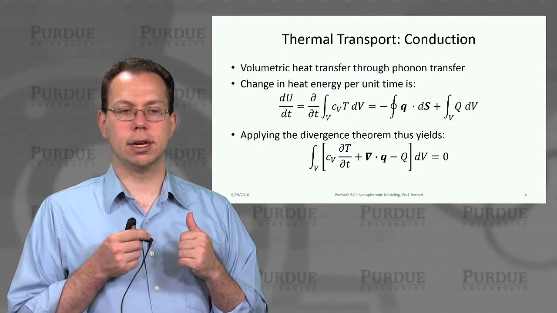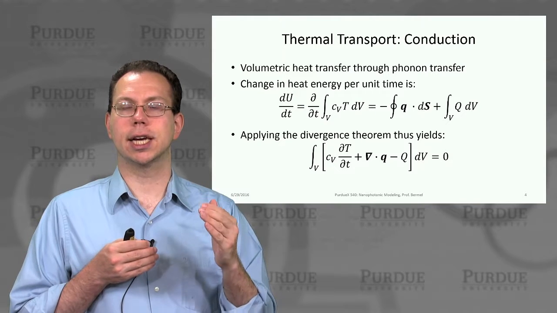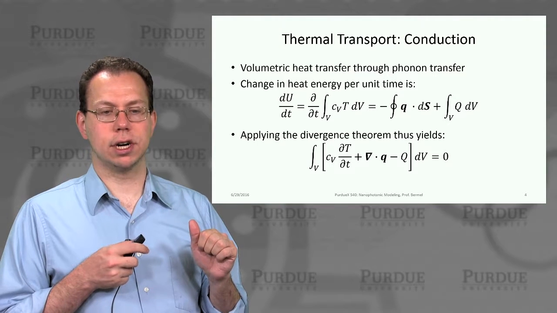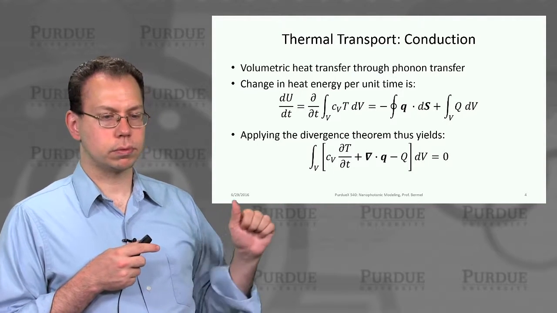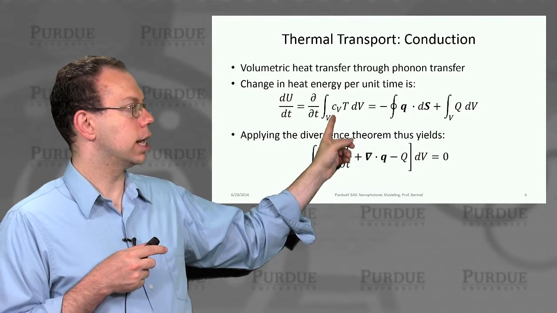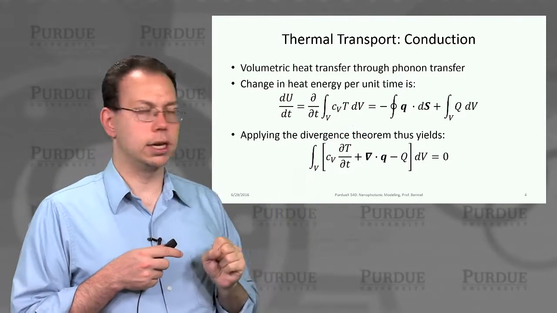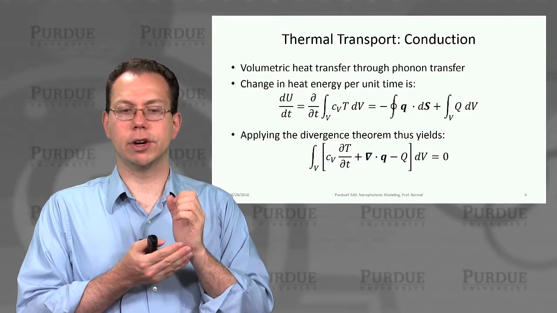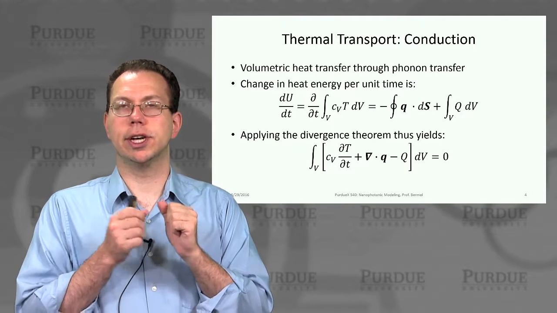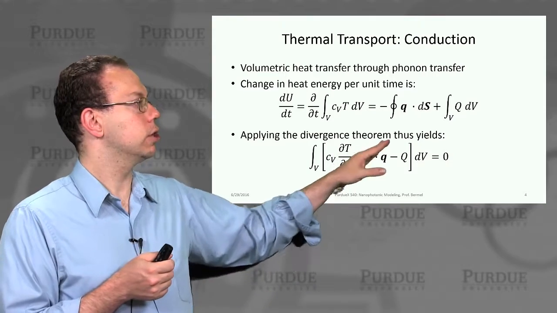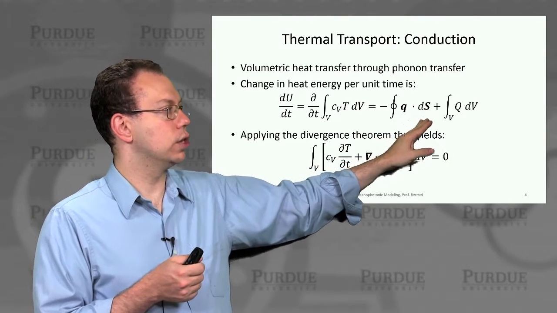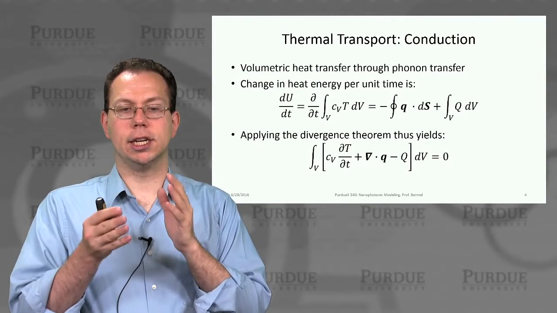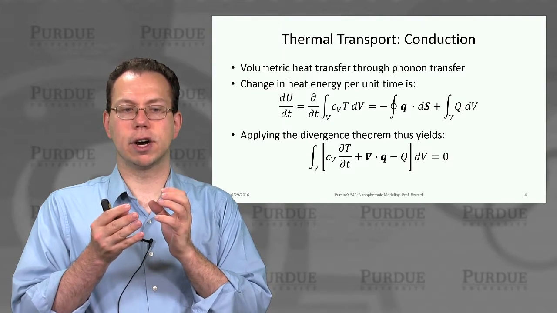Now, going on to conduction, which is a little more complicated, which is, like I said, touching a hot stove. Basically, what happens is you have two heat transfer terms here. You can look at it in either this way, which is the rate of change of volumetric heat over time, integrated over volume, or you can look at it as two components at once. The first component is essentially a surface flow of heat through some volume, plus the change in the heat within that volume itself.